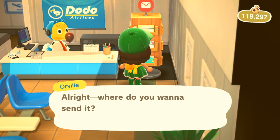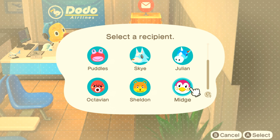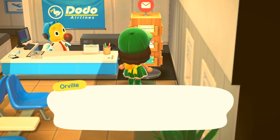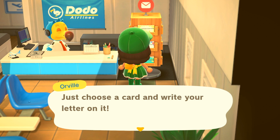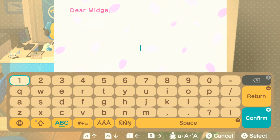All right, we're going to send a letter to a resident here. And it's going to be Midge! Yay! All right. Let's grab this pretty one covered in flowers because I love it. And we're going to tell her,